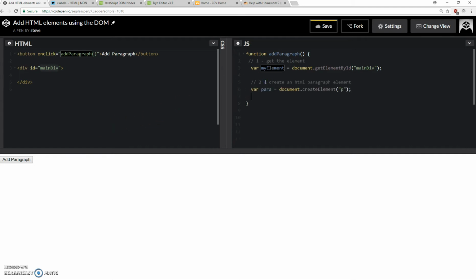The next thing I want to do is start creating a paragraph. It's a couple-step process. The first thing I need to do is create an HTML paragraph element. So it's document dot, and then the method I'm calling is createElement. And what that does is create an HTML element. So far everything's going good. The next thing I need to do, step 3, and